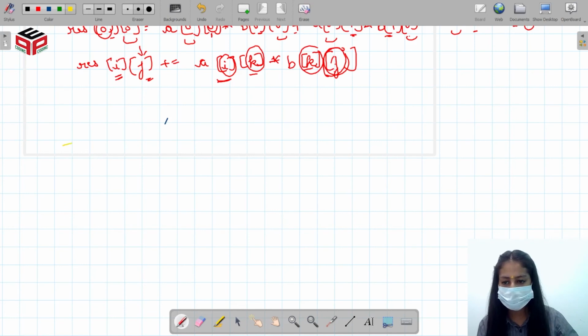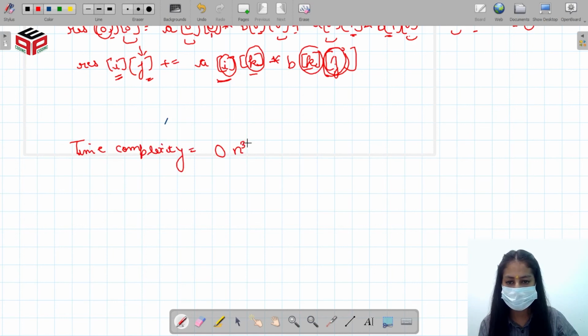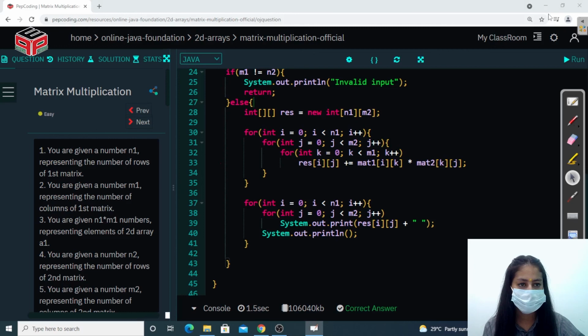Why? Because we are using three for loops, three nested loops, right? So the time complexity for this problem of matrix multiplication will be big O of n cube, since we are using three nested for loops.